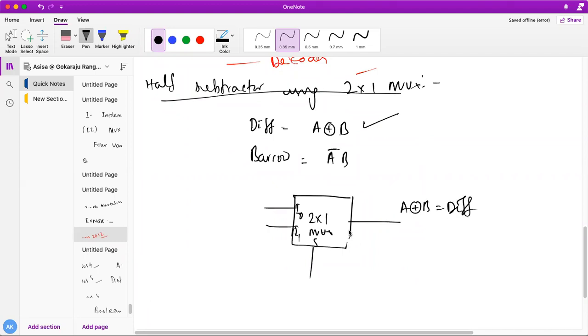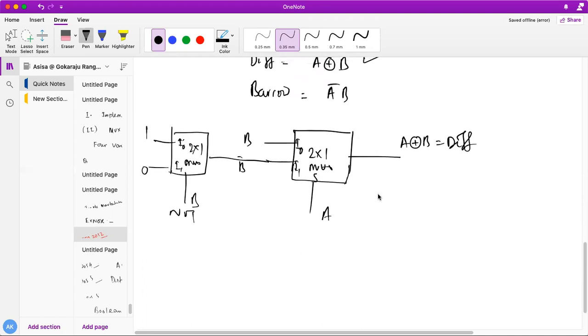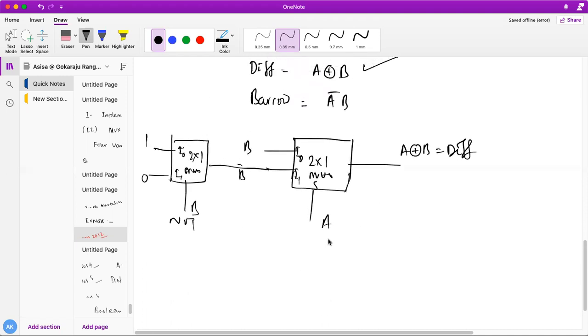So what we have done here, actually very simple. We have B, and this is my B bar. I can just connect another 2x1 mux here, and this is my B, this is my A, which gives me here 1 0. This is my I0, I1, and this is again one more 2x1 mux, and this is my NOT gate, and this is finally completely my A XOR B. Do you all understand? So this circuit actually gives me the difference. These two 2x1 muxes now gave me the difference.